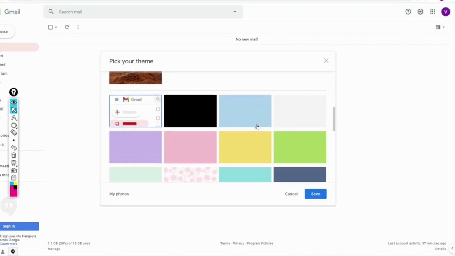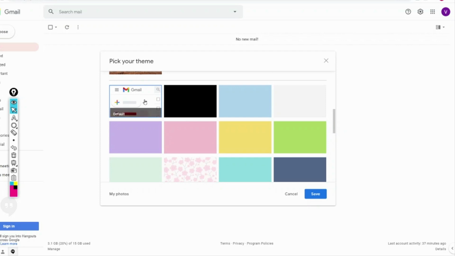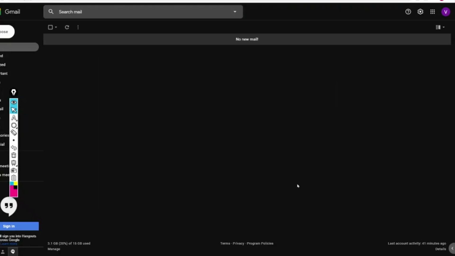These are really beautiful, followed by the default theme, the dark theme, the blue theme, the soft gray, and so on. So you just need to click on the dark theme and click save. Now everything is black and white. It will be a little more comforting for your eyes, and in case you use your mobile device, then it will consume, I believe, a little less battery. Well, I don't know all the benefits of dark theme, but I know it looks really cool.